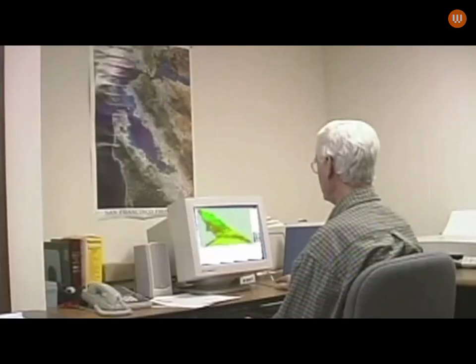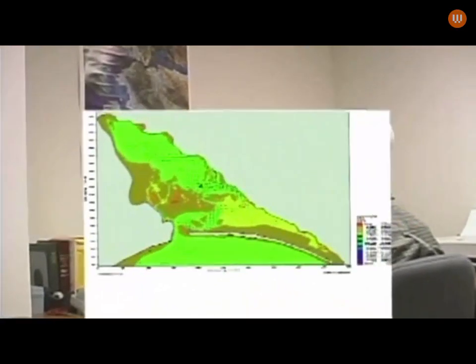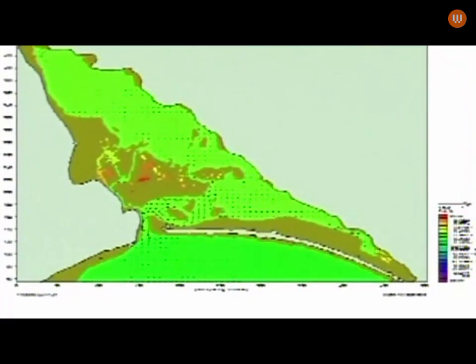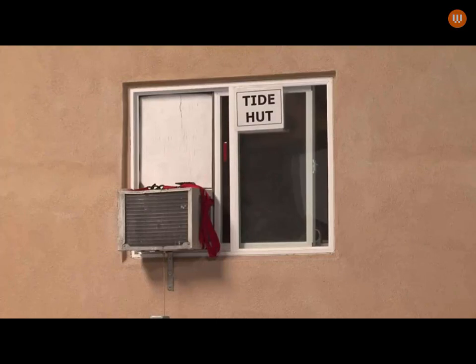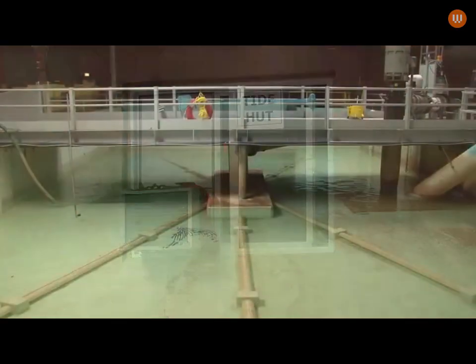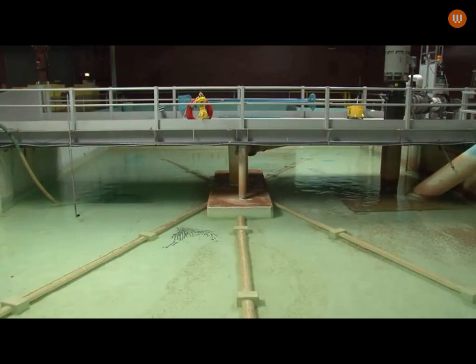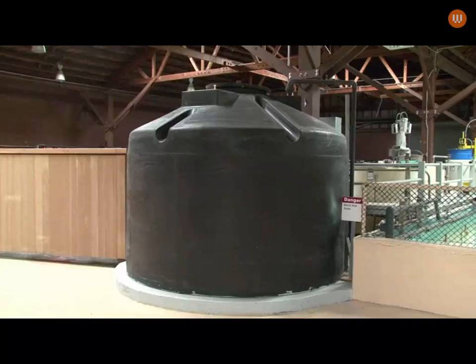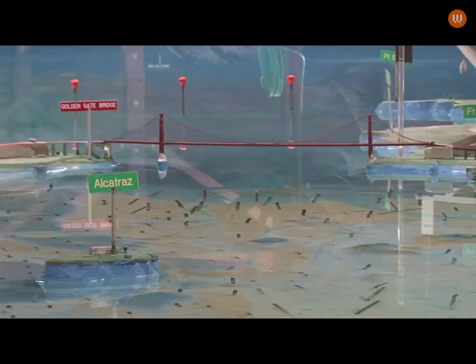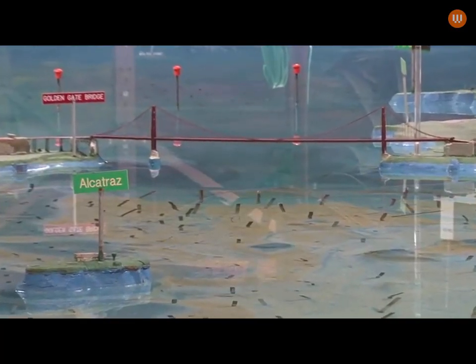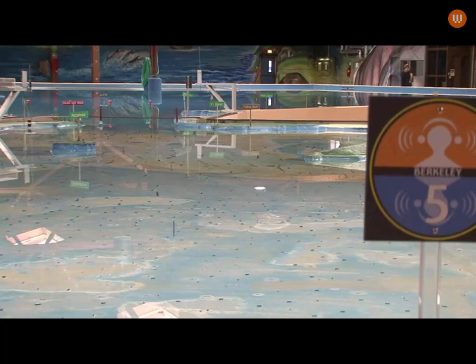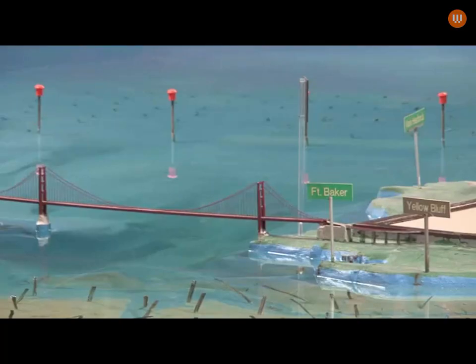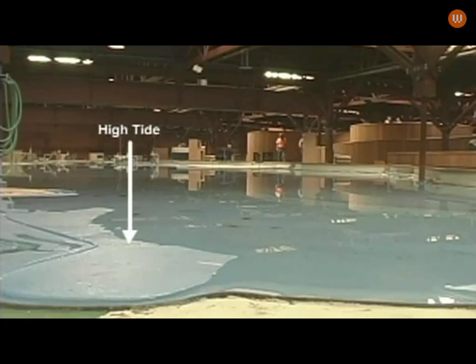We have 2 supercomputers and also a lot of very sophisticated technology in a little facility called the Tide Hut. Every morning when we turn on the computer, it takes about 20 to 21 minutes to flood the entire model and the delta with about 135,000 gallons of water. At the end of the day at 4 o'clock when we close to the public, we close the system down. All the water drains back into the sump tank. You'll see throughout the model there's about 250,000 copper tabs. They're embedded in the concrete, and their primary purpose is to help provide frictional resistance to help create the right